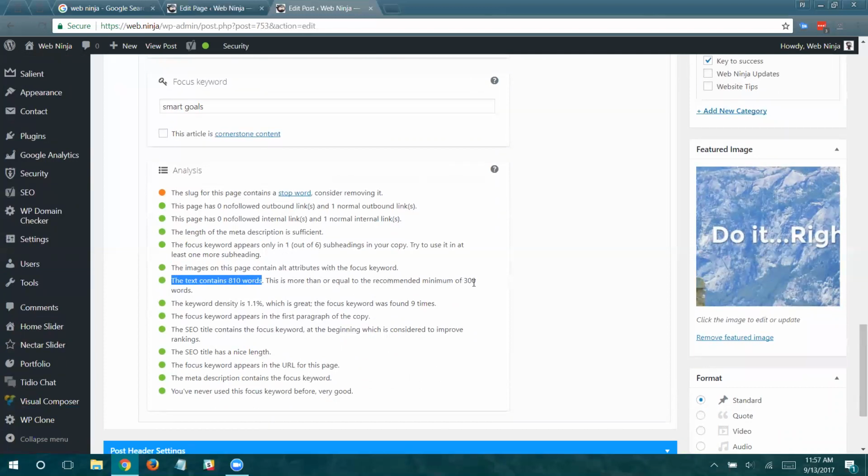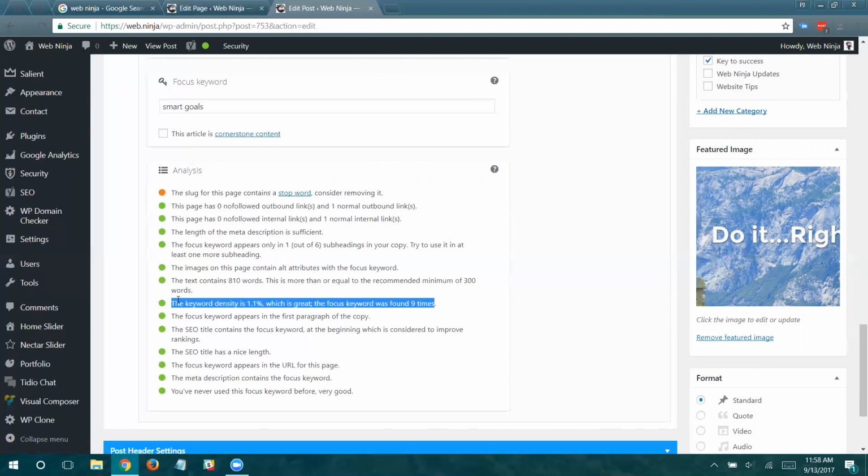Articles should be 300 or more words in order for a search engine to take that page or article seriously. So there may be times, depending on the purpose of the page, where you don't hit 300, not even remotely. I've got some of those on my site, but they're not really meant to be found by the search engines and not really meant to drive the interest or the relevance of what my website's about with the search engines. So you're going to use this plugin on pages where you're really trying to drive SEO interest on the search engines.